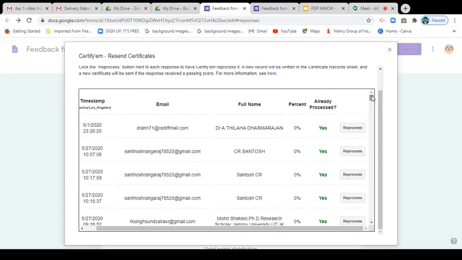So better you use your G Suite account. You can send 1500 participation certificates per day. If you are using your own personal Gmail, which ends with @gmail.com, you can send only 100 certificates. At that time you request your participants, and they will get the certificate within 2 days. You can reprocess the remaining 100 certificates for the day, and then another 100 for another day. That is the only possibility. Otherwise,